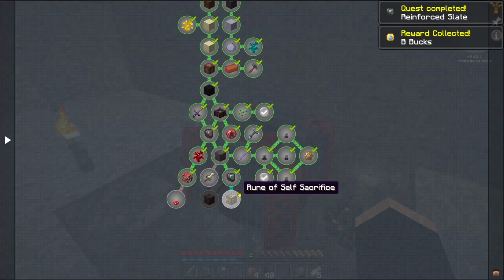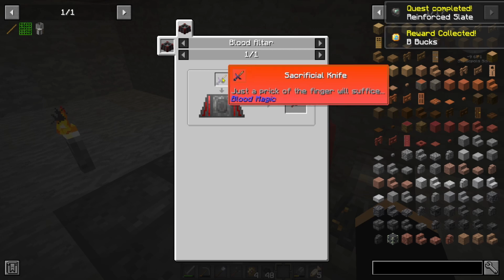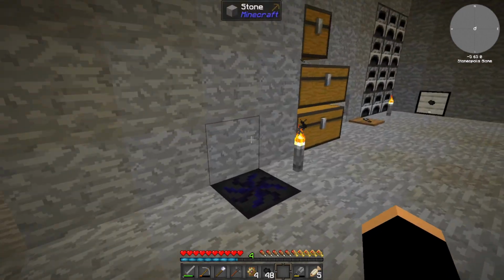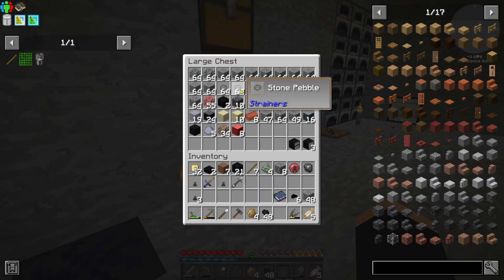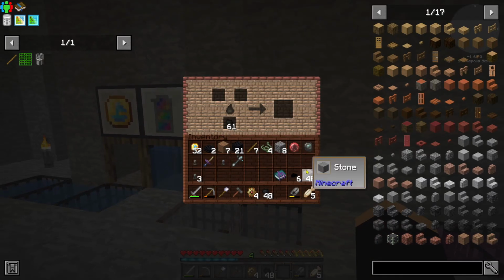No. Let's create the dagger of sacrifice. Now that's the sacrificial dagger in the blood altar. Do we have more void stone? Oh, we have one. Of course we do. So that's just stone and a void chunk. Yep. Have that. Stone and a void... Oh, that's not a void chunk. That's a void nugget. It's very dark, this